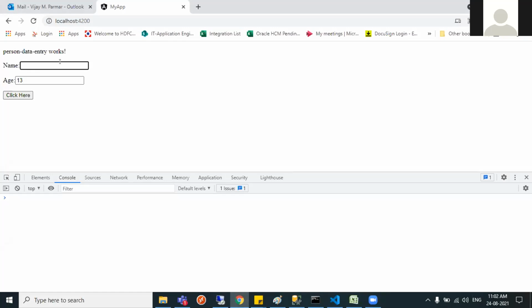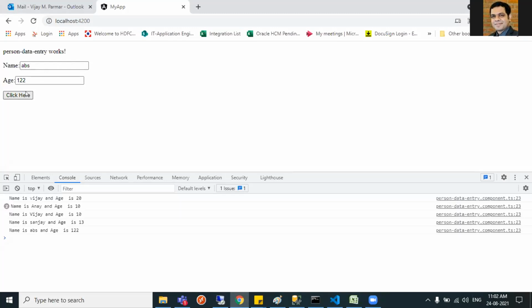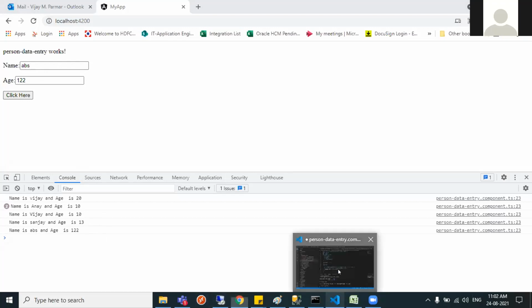You want me to do it like this? Let's see. Can you please share your screen? Okay, something like this. No, you are just printing it. Are you storing it in an array? Yes, I'm storing it into an array. Let me show my code.